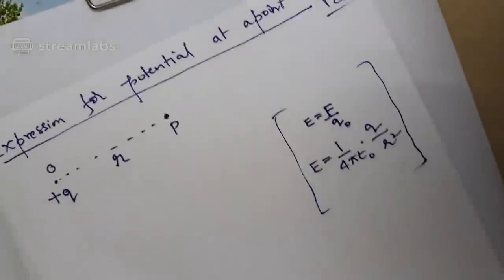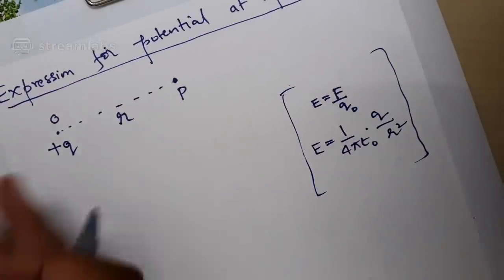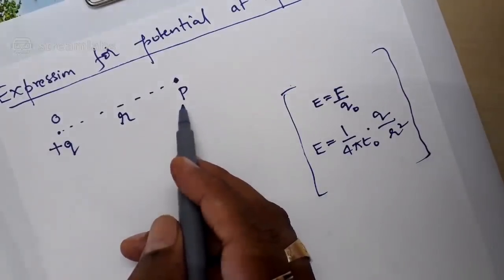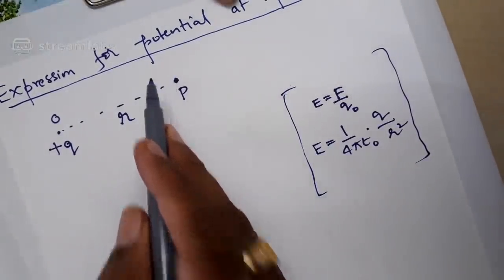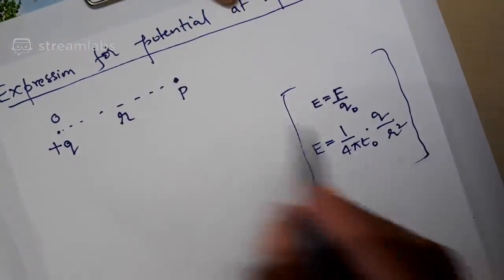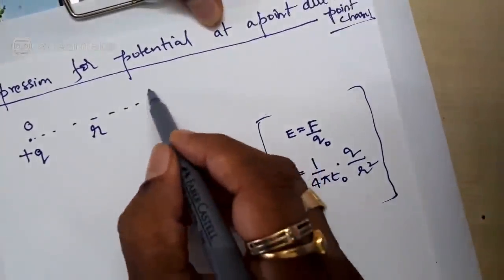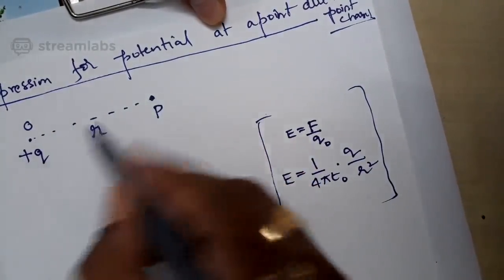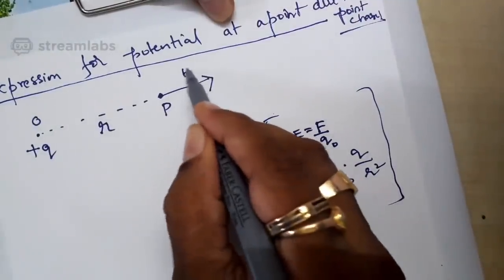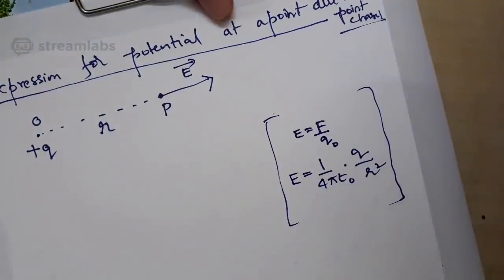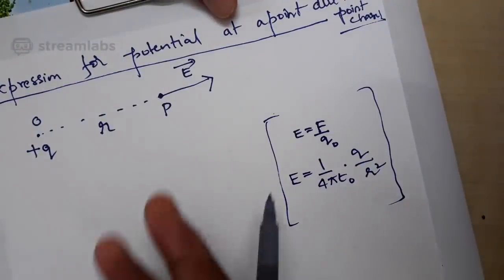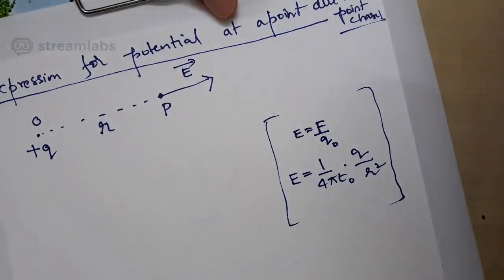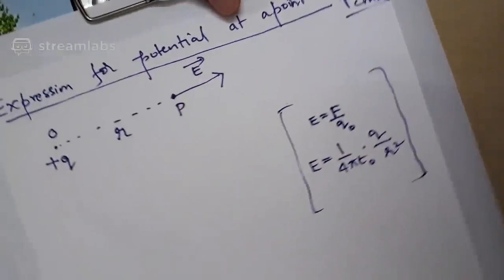Let us start with the basics, which will help you a lot. The assumptions required are already there: plus Q charge is there, the point is already selected. You know there is electric intensity at point P, and we already derived the expression for it. Wherever you define electric intensity at a point, you are supposed to assume a plus 1 coulomb charge. This plus 1 will be repelled by plus Q charge, so this is the direction of the force, and that itself is the direction of electric intensity. It is a known fact, I need not keep on repeating it. Just for your reference, I am recalling it, in case you have forgotten. But my point of discussion is not E. Now the point of discussion is V.